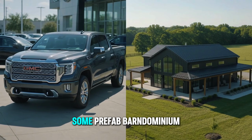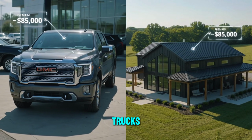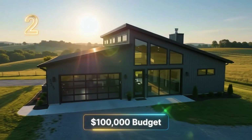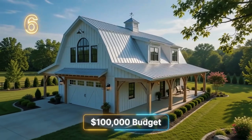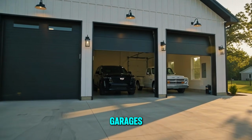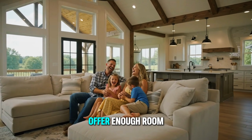Did you know some prefab barndominium homes cost less than many new pickup trucks in 2026? It may sound surprising, but today we are going to see 7 amazing prefab barndominium homes that can be bought for under $100,000. Some have large garages, some have beautiful wraparound porches, and some even offer enough room for a